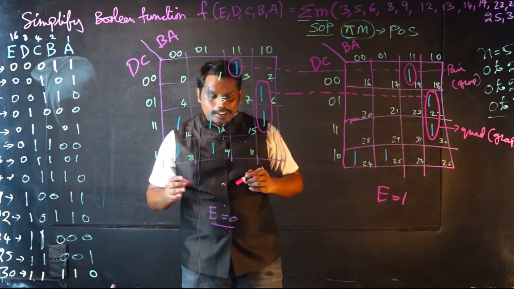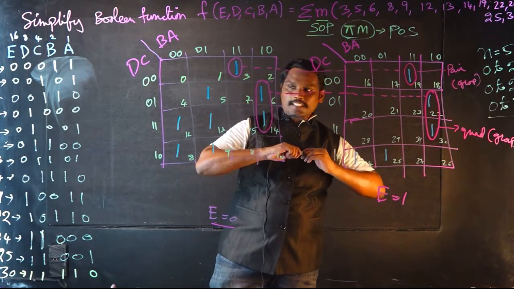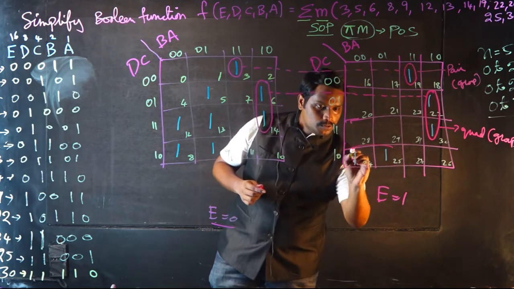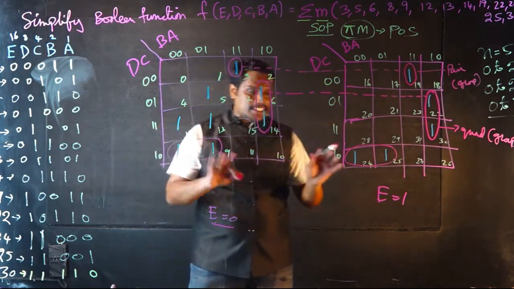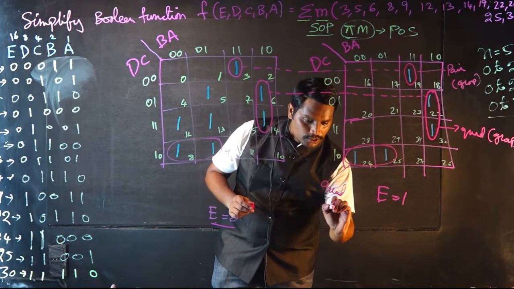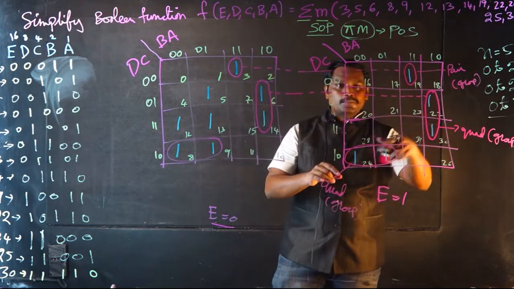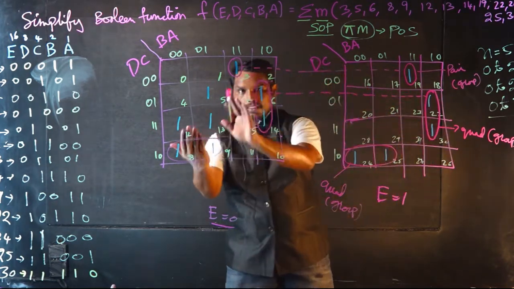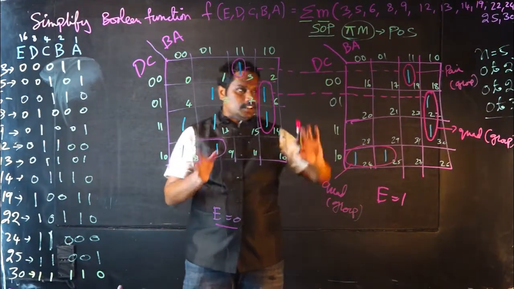And now coming to these particular positions. You can see here that these 2 and these 2 of both the Karnaugh maps are in the same position. So this we call a quad, and this is also a group. So as of now, I have taken 3 groups from this particular Karnaugh map, which are having the same positions in this particular Karnaugh map. So these 3 groups are clear.